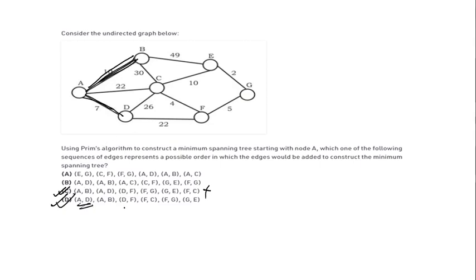It seems correct. Wait. D, F. Okay, no, because 22 we have tied up. So 22, this also seems to be correct. D, F. Then FC is very correct because this is 4. Then FG. Okay, FG, this is also correct, man. And then finally GE. Oh, nice. So this has come out nicely.